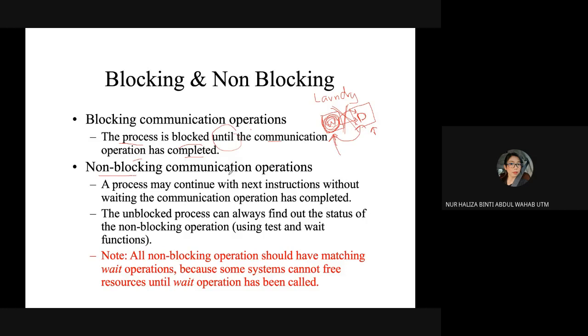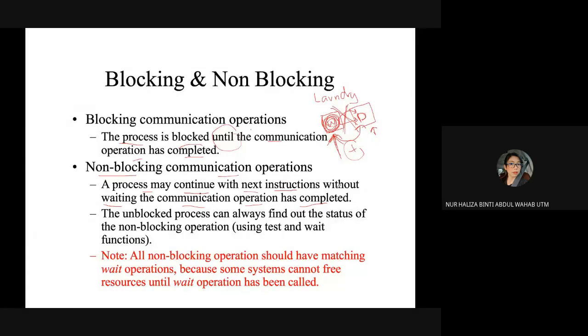While in non-blocking communication, a process may continue with the next instruction without waiting for the communication operation to complete. Let's say a similar thing: maybe you have an advanced machine, a washing machine with a dryer built in.